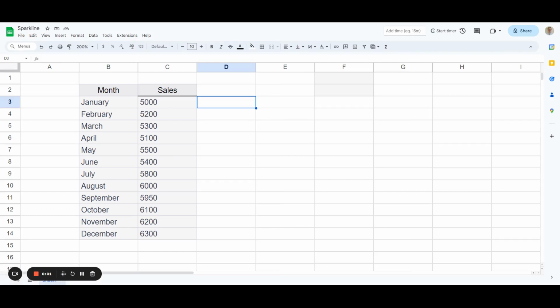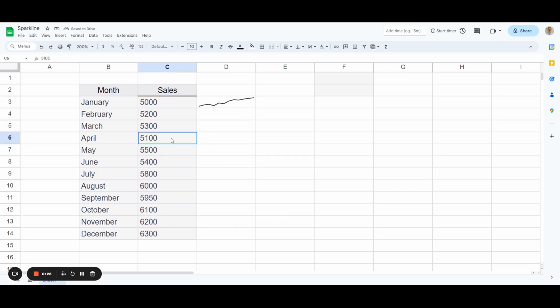Okay, so in this Google Sheets tutorial, I'm going to show you how to use the Sparkline function, which allows us to trend data, and in this case, some sales data that we have. So what we're going to do is in the function bar, we're going to go equals Sparkline, and we're going to select our data, and then we're going to end the bracket, and we're going to press return, and then this is going to